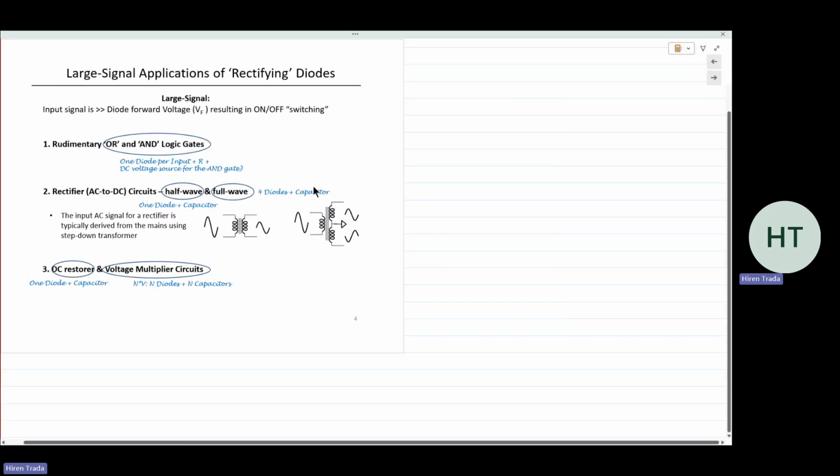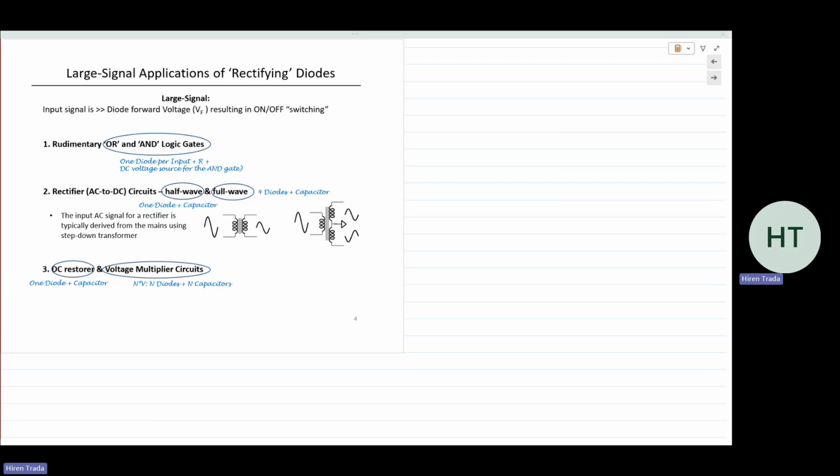Okay, so we had stopped here. We were talking about applications of diodes. We can use several different models to describe diode performance. Broadly classified, we break them up into large signal and small signal. Large signal means, as the name suggests, large enough to turn on the diode. It must be at least large enough to turn it on. If it's a regular silicon diode, the turn on voltage is about 0.6 or 0.7 volts. So anything larger than 0.6 or 0.7 volts, which is enough to forward bias the diode, would be termed as